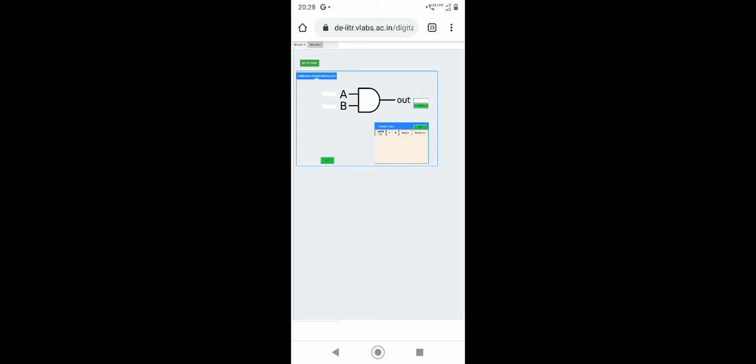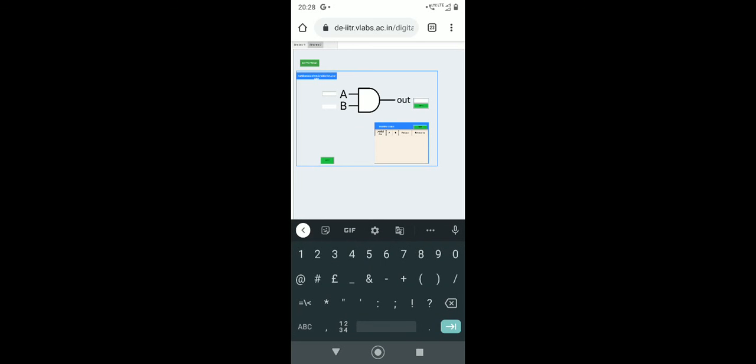A, B, because this is a 2 input AND gate, A, B, out. So in A we can give 1, in B we can give 1, and in out we can give 1, because we know that in the AND gate only if both the inputs are 1, then only the output will be 1. So we are giving this and we will check, and this is correct.